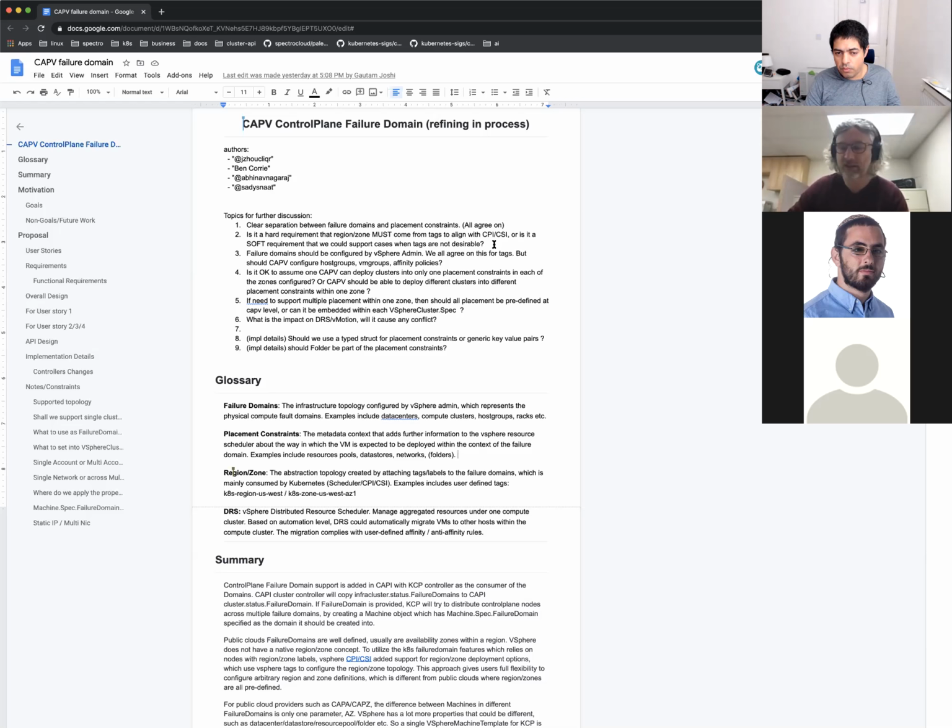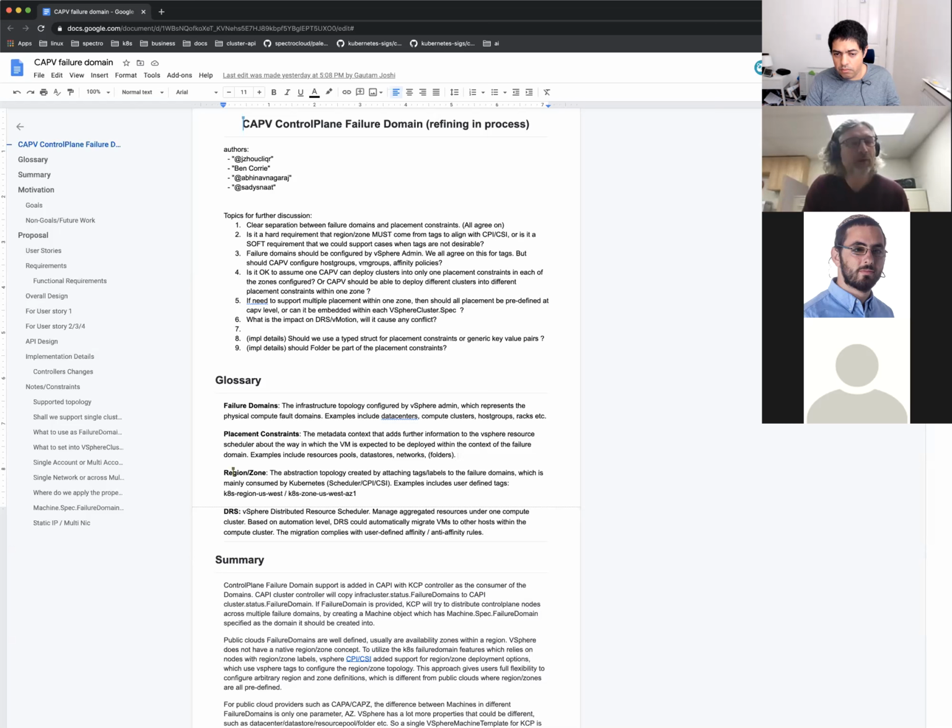So what I'd like to see, as you mentioned, is everything plumbed through so that CSI and CPI, vSphere, and the nodes that are deployed by CapV, which are going to be tagged with the region and zone, are all consistent, plumbed all the way through, that nothing's confused, and that everything kind of knows where it stands. Particularly DRS, because we really want DRS to work with this as well, and make sure that if it has to move hosts, it moves them to places that are appropriate with the region or zone that it's tagged with. So I may be showing my ignorance here.